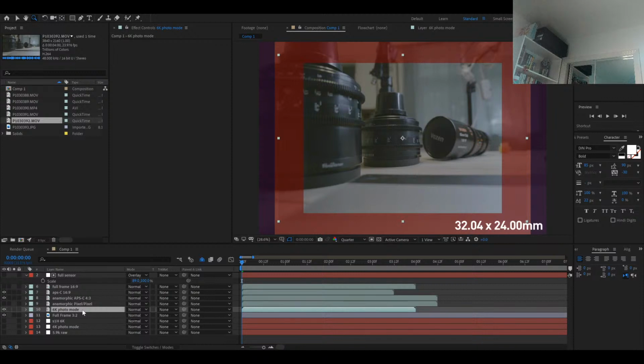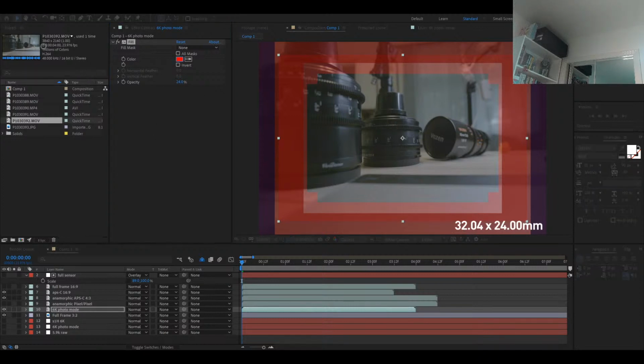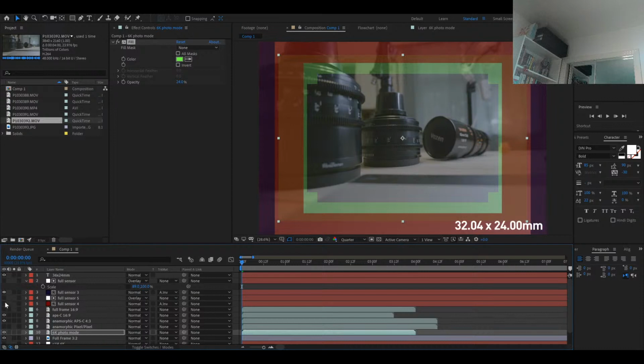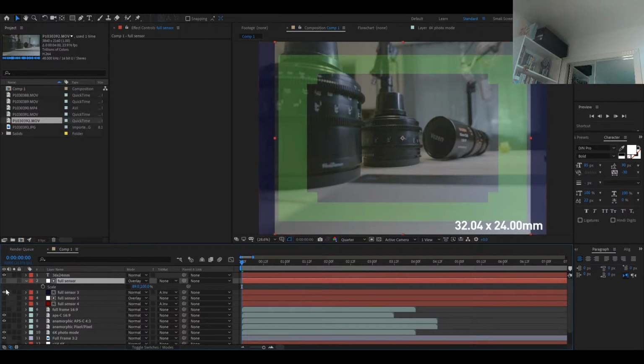So let's do a tint. Can I tint this? But like 20%. Actually, it's not tint, it's fill. Right, give me a fill. Yeah, okay, so this is it. And I gotta get rid of all these red overlays. What is red now? Green. Too many colors going on. This can go and this can go for the time being. So the green area is what's covered in the 6K photo mode. And in terms of sensor usage, that is roughly,